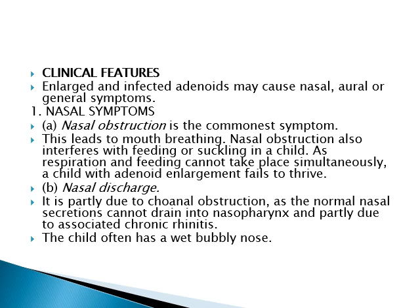We have the nasal symptoms, the nasal obstruction, the commonest symptom. This leads to mouth breathing. Nasal obstruction also interferes with feeding or suckling in a very young kid, as respiration and feeding in a very young kid can take place simultaneously. So a child with adenoid enlargement fails to thrive, not only because he can't feed well, but also because he